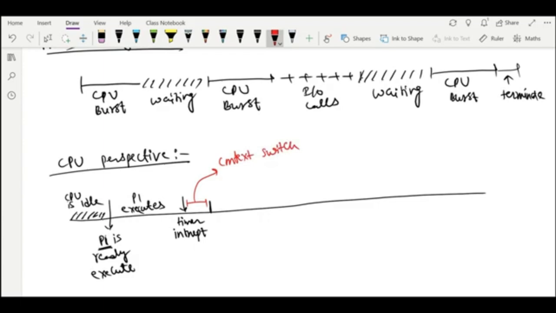We can say a PCB is a context, and in this time the PCB is going to change. Right now the PCB of P1 is available in memory, but since the P1 timer interrupt occurred, there is another process, let's say P2, which wants to execute. So before executing P2, we need the context or PCB of P2.